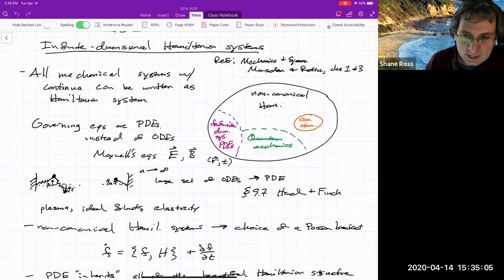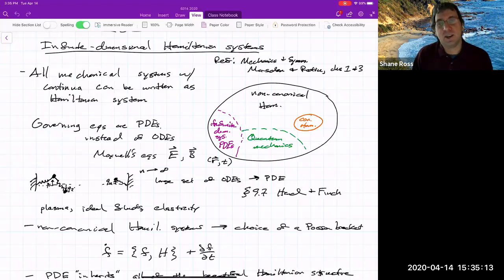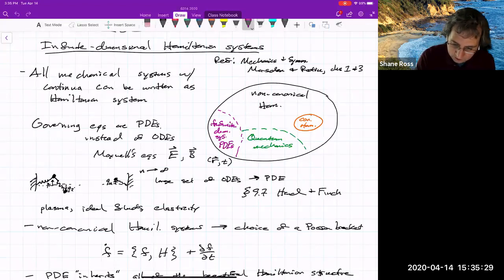The governing PDEs can be written as coming from a Hamiltonian system if you write things in the proper setting. And so this setting is having a Poisson bracket that follows all of the properties we've talked about before of a Poisson bracket. And then you could write in terms of this canonical or non-canonical, I'm sorry, Hamiltonian form, where you look at